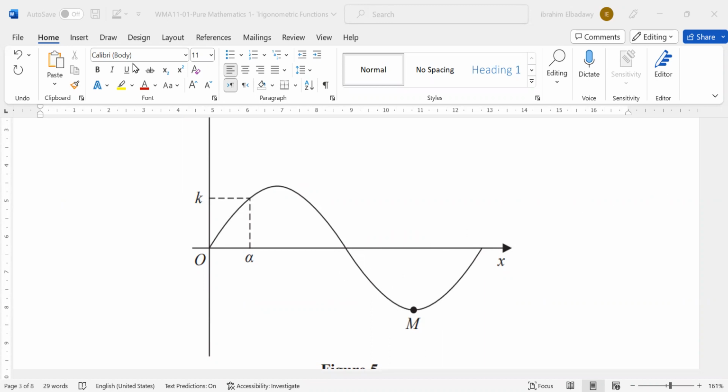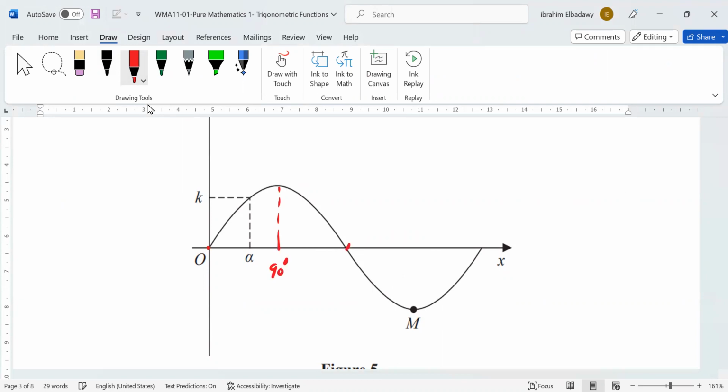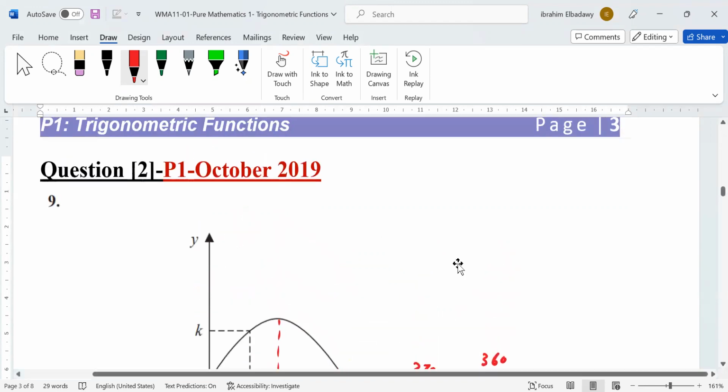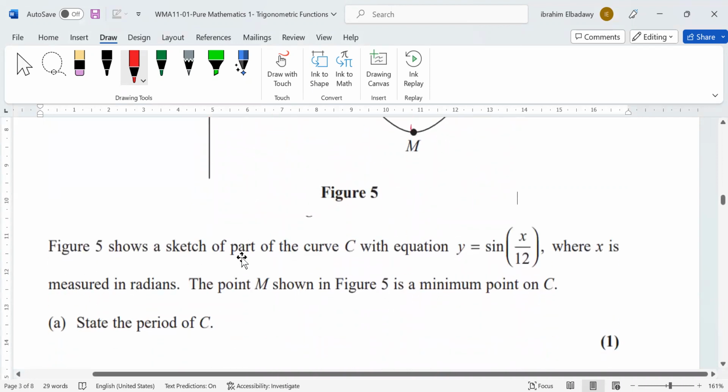The sine wave starts at 0, then this value is 90 degrees, here is 180 degrees, and here 270 and 360 degrees. When we read the problem, it says figure 5 shows the sketch of the part curve C with equation y equal to sine x over 12,